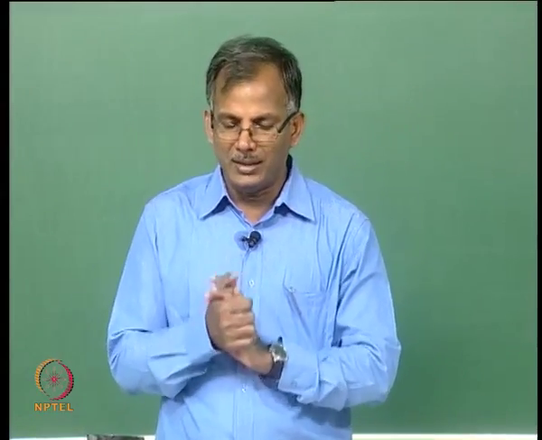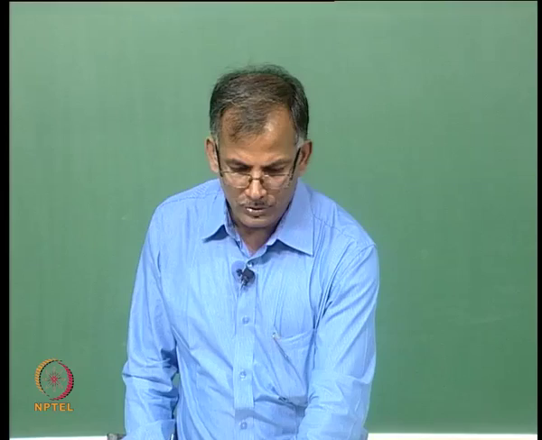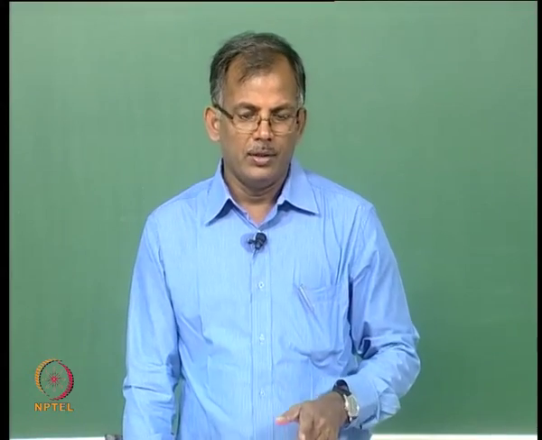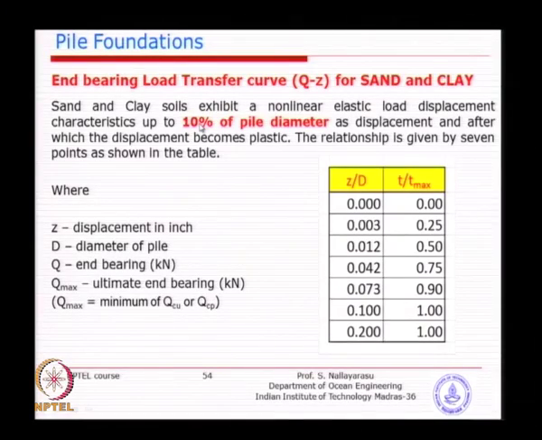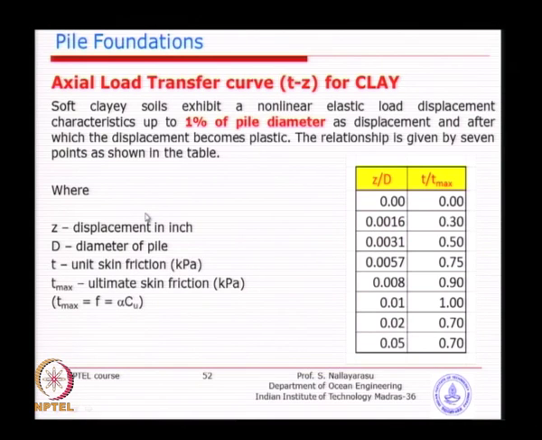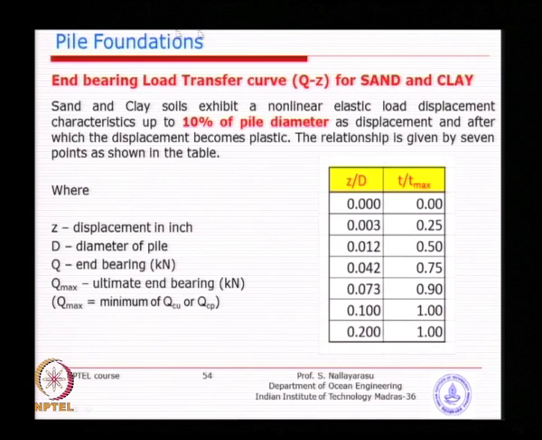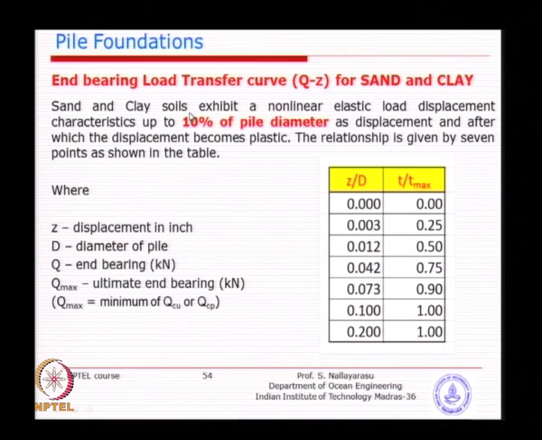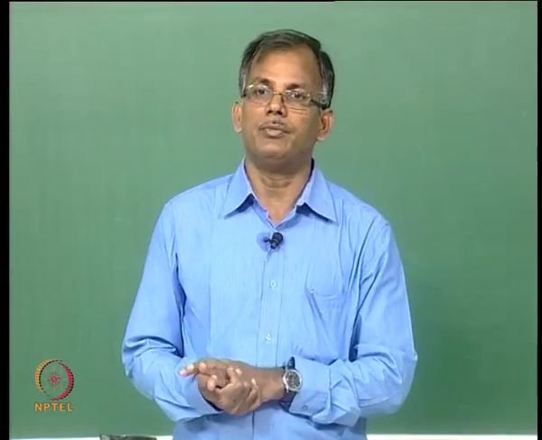So, this is exactly the problem: when you try to achieve the maximum capacity by end bearing, you will lose all the skin friction. Or if you try to achieve full skin friction by limiting the displacement to 1% of the diameter, you will never achieve the end bearing capacity, because end bearing capacity depends on larger pile tip displacement. The more that you compress, especially for concrete type of piles, for example,